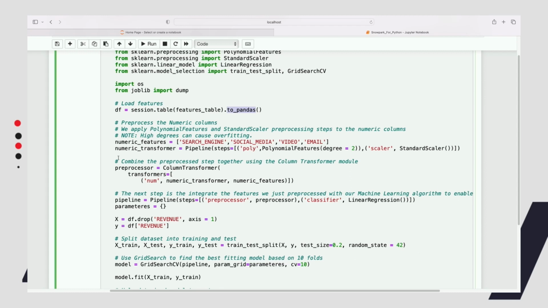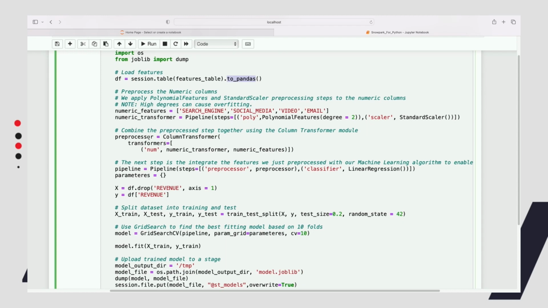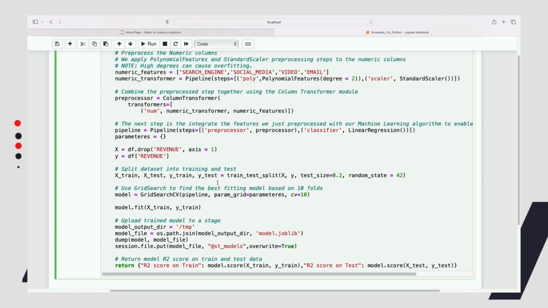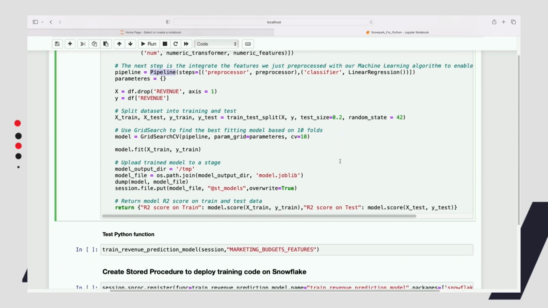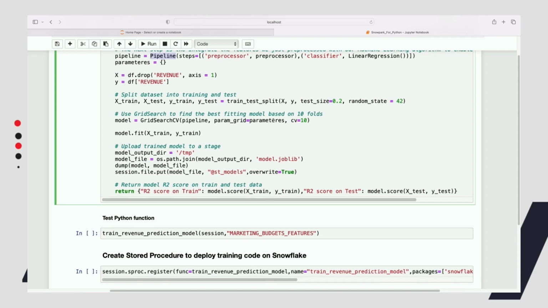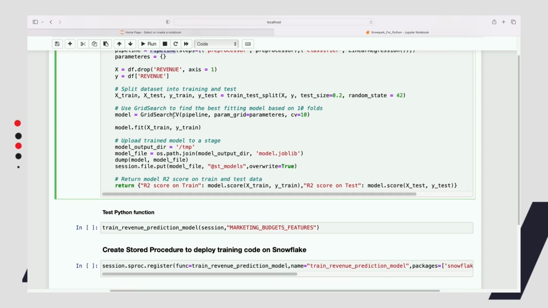From that point onwards, it's fairly simple, right? So you can just create some features, build some transformers. I'm creating a pipeline here, so I'm using the sklearn pipeline feature. And then from that point onwards, I've just defined a pipeline where I'm going to run a preprocessor and a linear regression classifier. Train test split, quick grid search, so that's the lazy way of actually training a model. And then we'll fit a